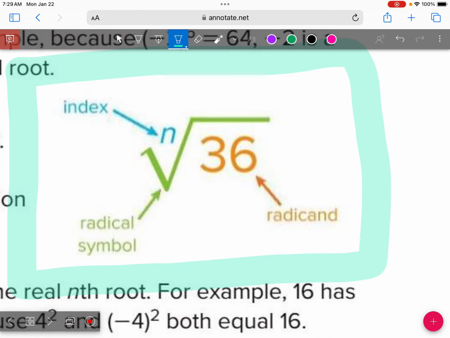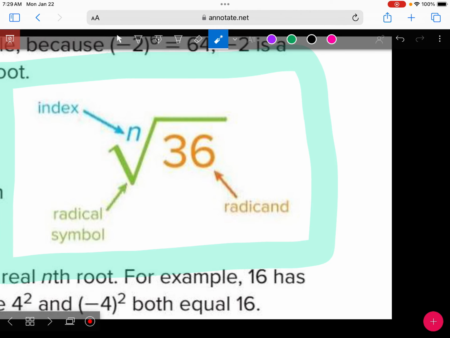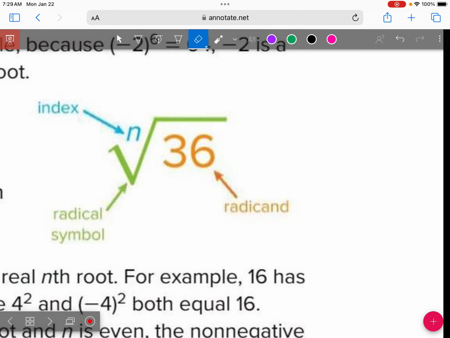All right. So the index is the number that's in the little hook. It's this guy here. So when we're working with square roots,